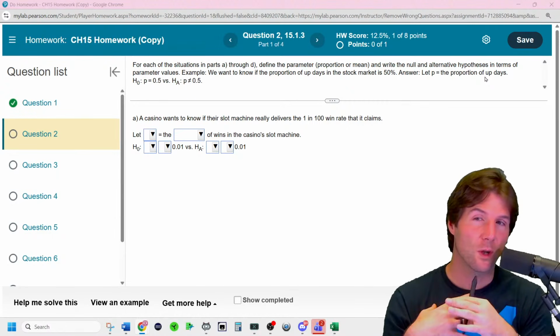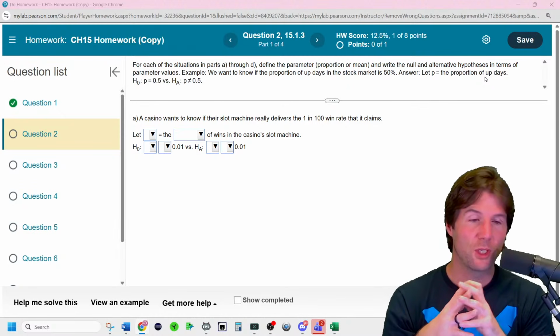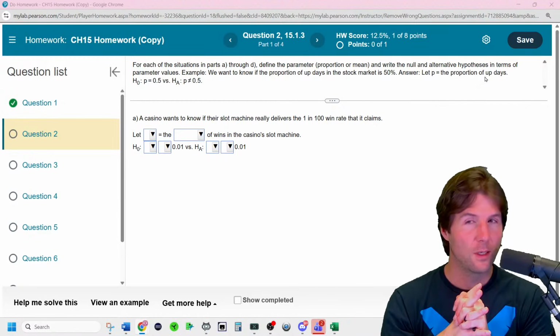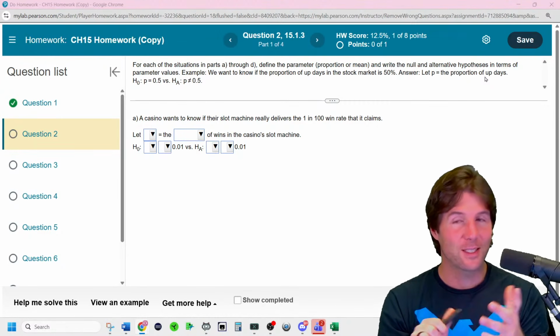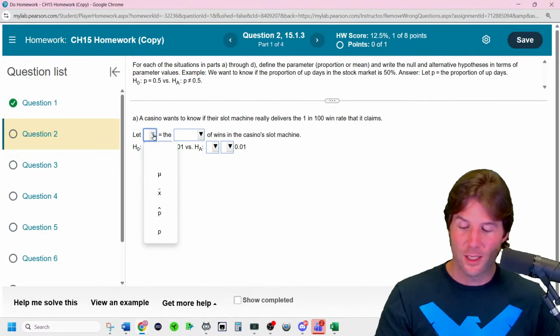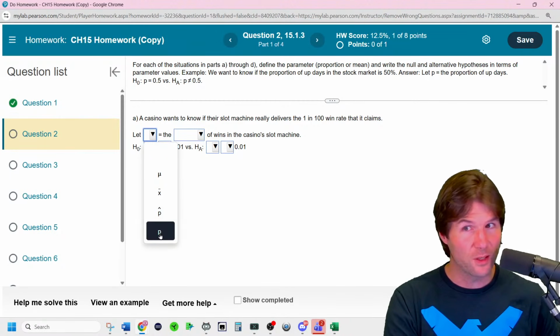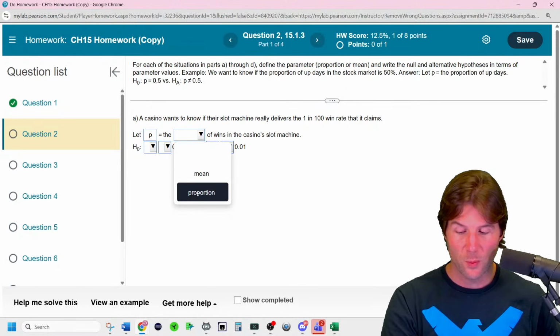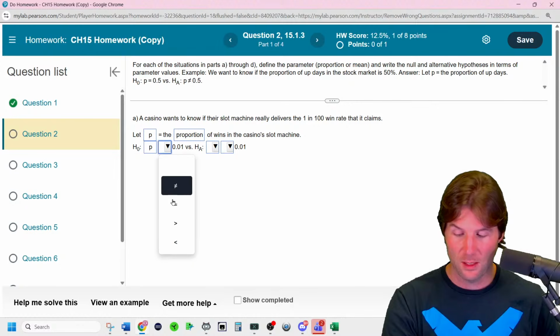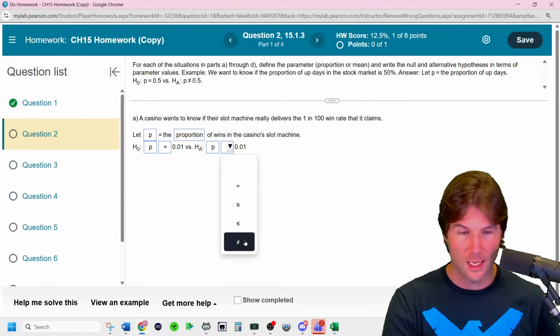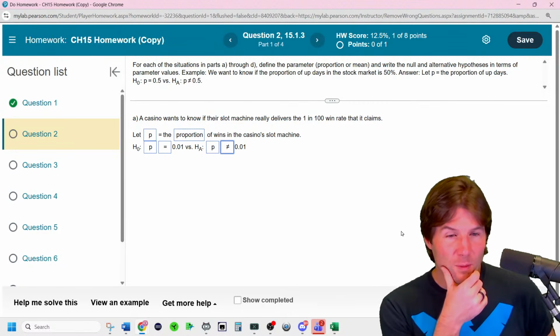A casino wants to know if the payout of a machine really is 1 in 100. Now, is that categorical? Yes, because did the machine pay out? So it's P. Don't be tricked by these other things. We're only doing P and mu, which is proportion of payouts. P equals P. And is it really not equal? Because the alternative would be, for some reason,